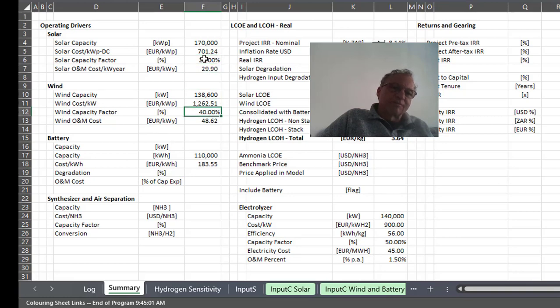Pretend this is the same for wind and solar. It's not. We have a very, very high wind one in this example. If we have a high wind capacity factor, let's just pretend they're the same just for a moment. If they're the same and the hourly pattern is exactly the same, then the overall capacity factor for our electrolyzer will be, let's say they're both 30% or 25%. Then this would be 25%. On the other hand, if this was 25% and this was 25% and they're totally non-coincident, so they don't move together,